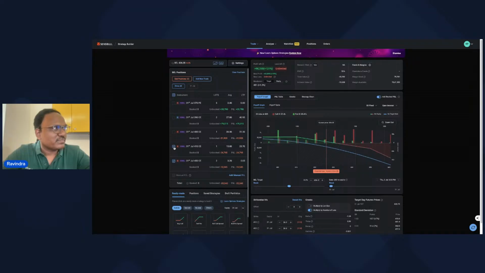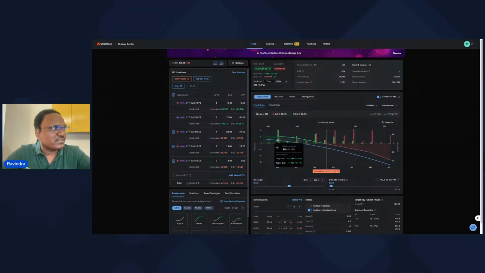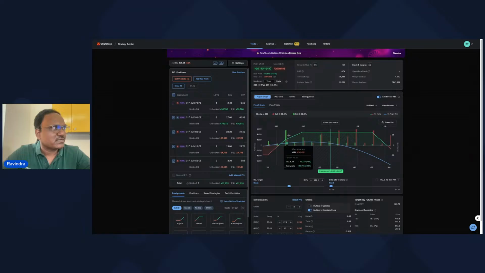Now you go one more step. This may mostly touch, because these are like 410 and then 400, right? While BEL was 410 or 418, I took this trade. So obviously this is in the money, so it can definitely touch. In order to protect these, you would buy something, which is this one, 390 CE. Suppose I do not have this, what happens if it actually goes here? You will get into a lot of losses. So to protect these two, you will have to buy a protection here. But then see, you are actually getting into losses here in case it comes down, right?